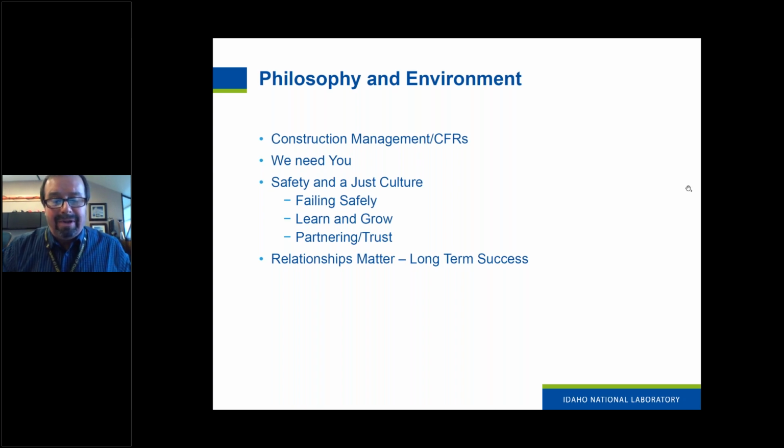Learn and grow. We will likely have events together. In our space, when we have an event, an accident, we try to stay in a learn and grow space. What happened? What do we have to do to not go to that space again? That's much different than the automatic punitive response: okay, you did something that was an accident, now I'm going to nail you with some sort of penalty. We try to stay out of that space completely. We try to stay in the learn and grow area, but